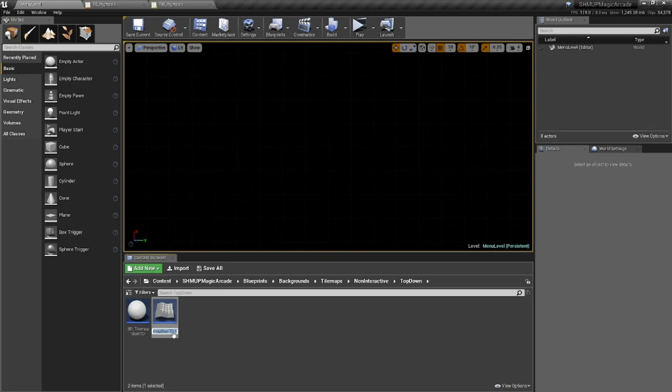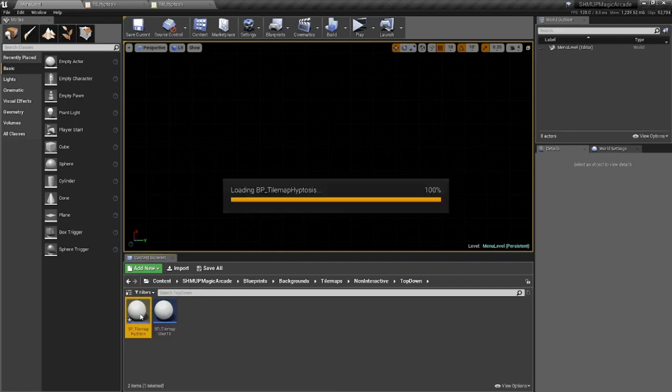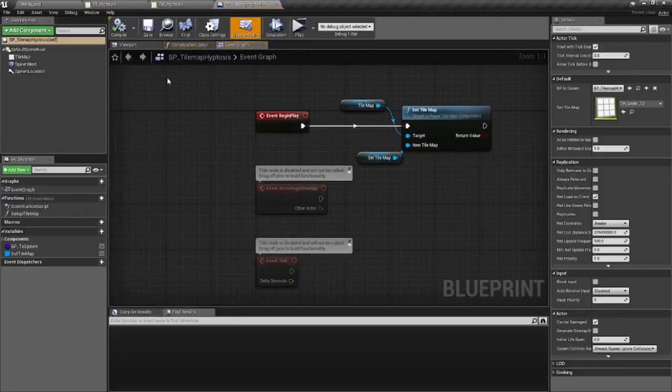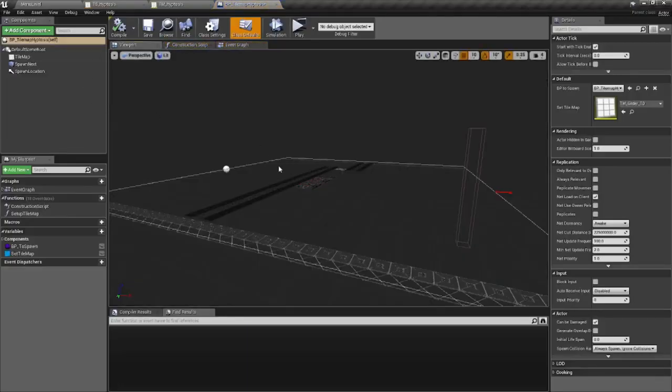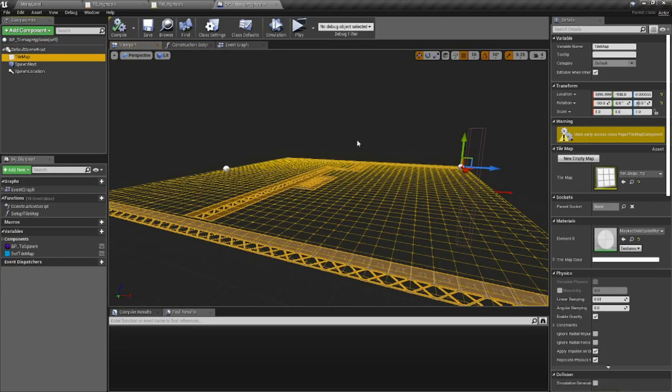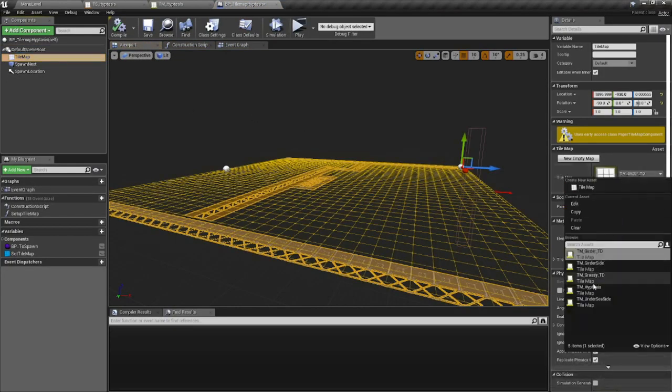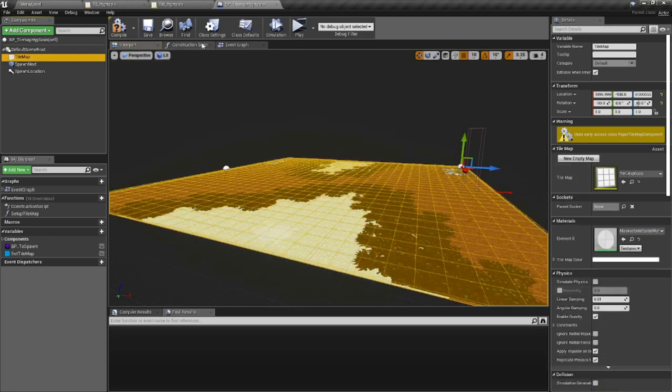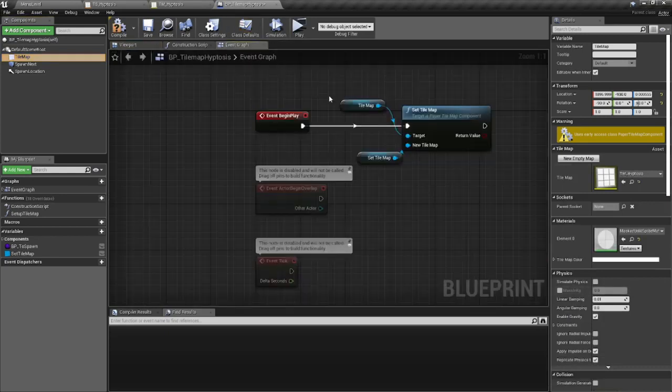And we'll call that BP tile map Hyptosis. Double click that. And that way we can just swap this out to Hyptosis. I'm going to go to the event graph.